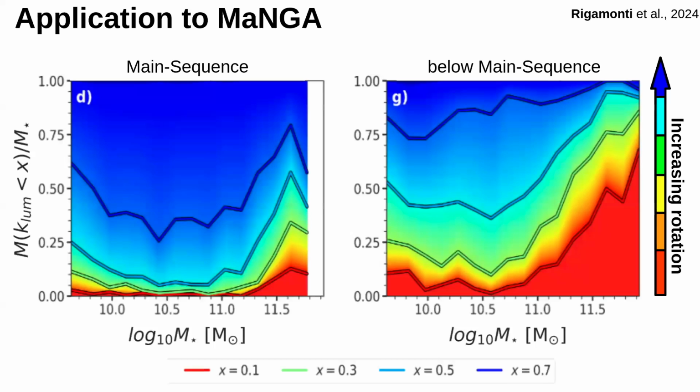So here again is the luminosity weighted mass fraction, divided into galaxies on the main sequence and below the main sequence. What you observe is that there seems to be much more mass in rotationally supported systems on the main sequence. Or in other terms, there seems to be a strong correlation between the dynamics of your galaxy and the properties of star formation.